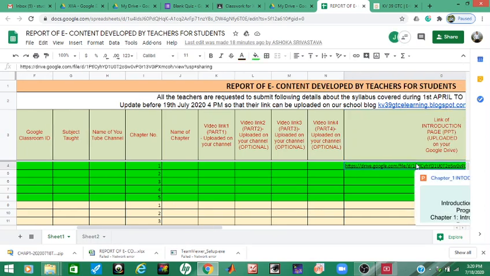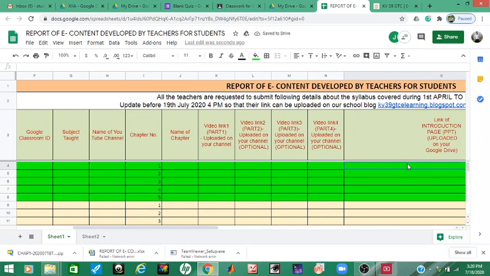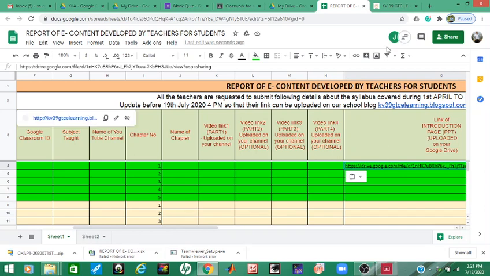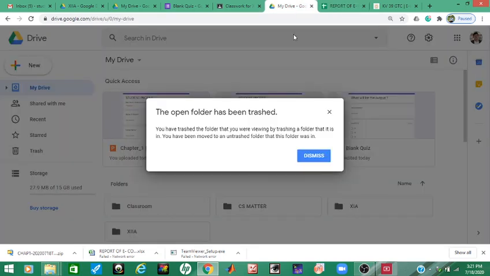So you paste here the link, and this link will be used for our blog. Okay, so this is how we can upload our files on Google Drive and share the link.